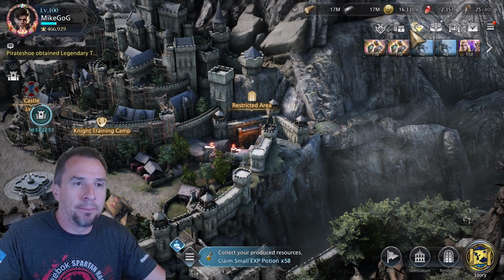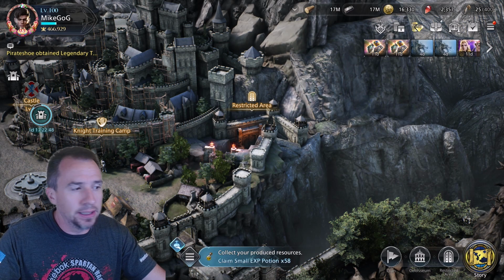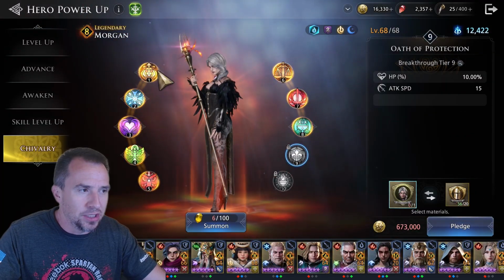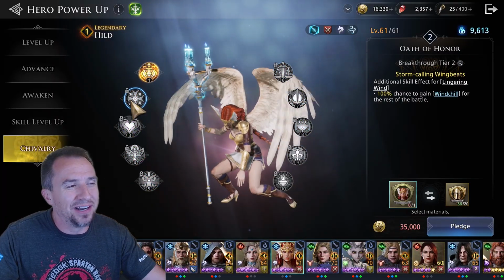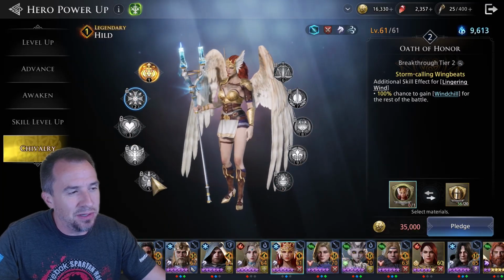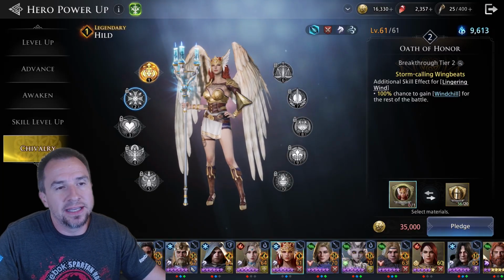I do plan on pulling for at least one more copy. I am sitting on a couple Chivalry updates with the Master Memory Stones. So potentially I could get 2 Chivalry level 5 if I was able to pull one more copy. I'm showing you Morgan here. If I pulled one more copy of her, I'd get her to Chivalry level 2. And then if I got 4 more of these guys, we'd be right there at Chivalry level 5. So theoretically that could happen within the next 2 weeks,